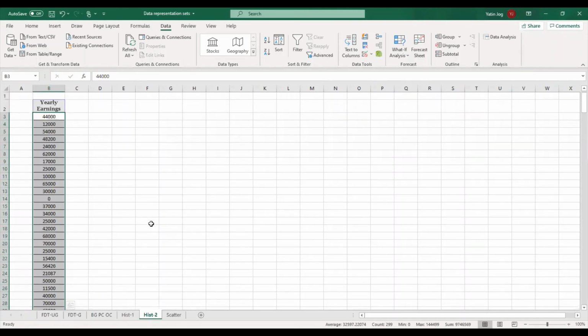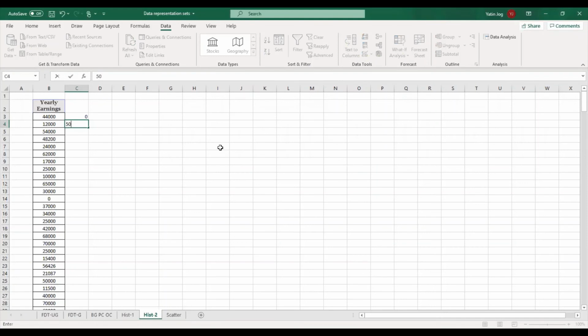My bin ranges can start with 0. And if the highest value is 1,44,000, I can go for maybe 50,000 as my first bin range, then 1 lakh, and 1,50,000.